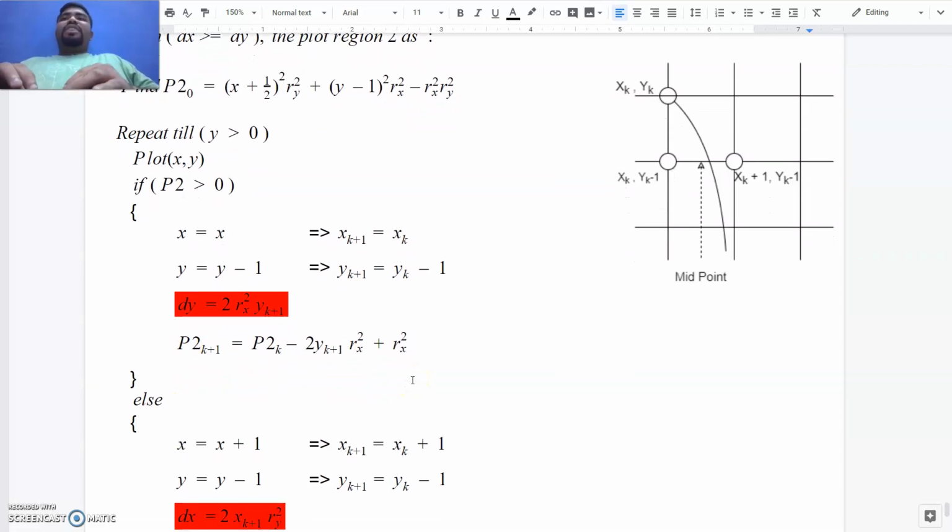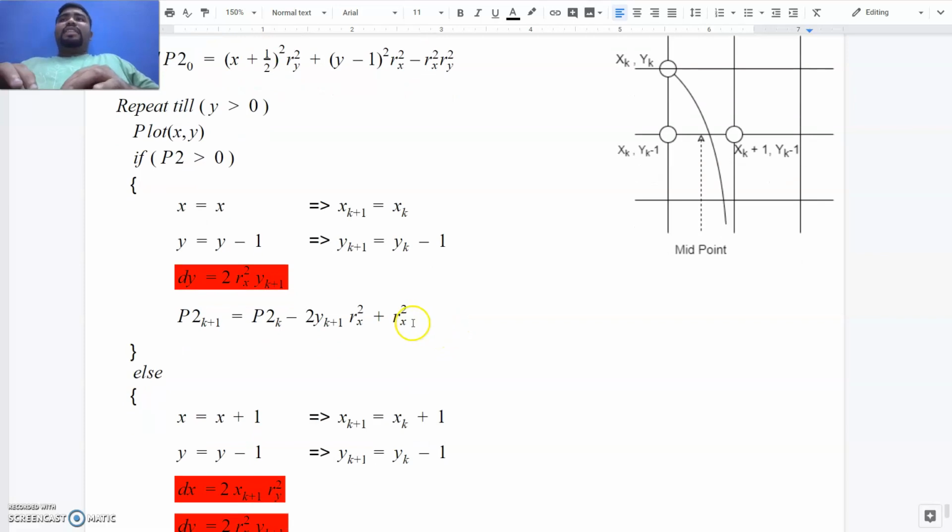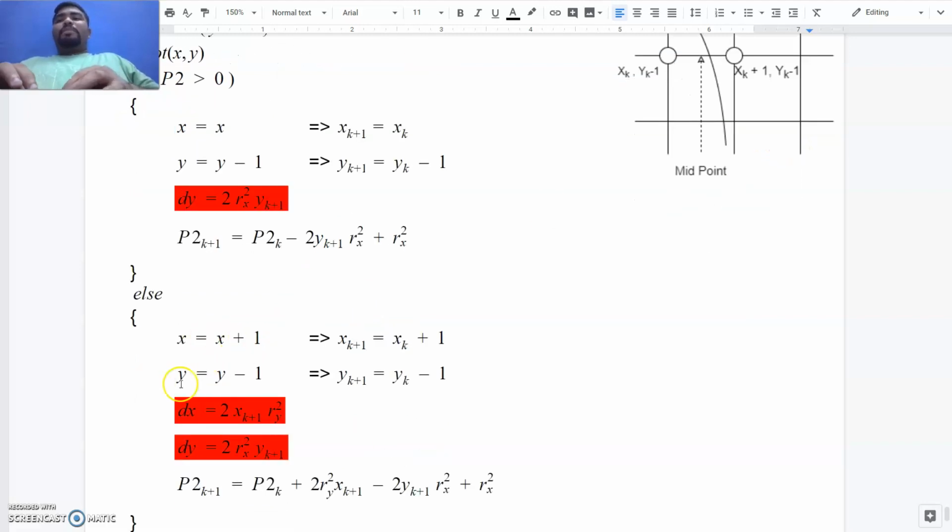And again we check whether it is greater than 0 or less than 0. If it is less than 0, it means that the point lies inside. So this arc has to choose the point which is to the right hand side. In this case, x changes to xk plus 1 and y changes by minus 1. So you can see x changes by plus 1, y changes by minus 1. In this case, we have to calculate both dx and dy, and then finally we have to find the next